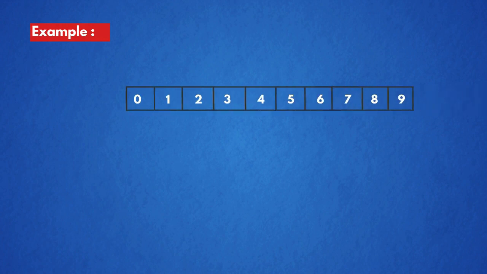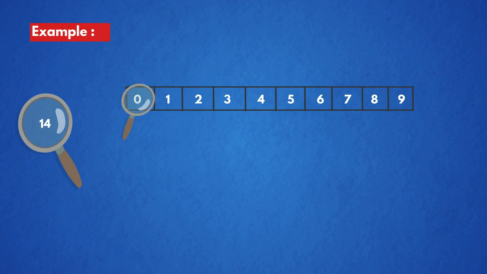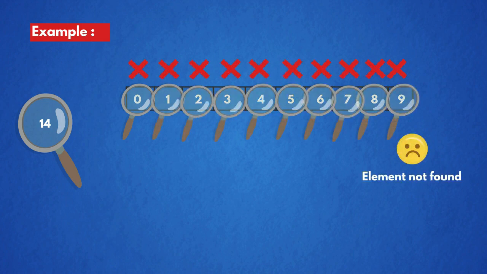Now coming to the next example, let us take x equal to 14. Until we get the search element or the array is completed, the linear search won't complete. So we keep on checking each and every element present in the array with the element to be searched. As the elements in the array are 0 to 9 and the value to be searched is 14, the element is not found because the search of all of the positions of the array has been completed. So we can say that the element 14 is not present in this array.